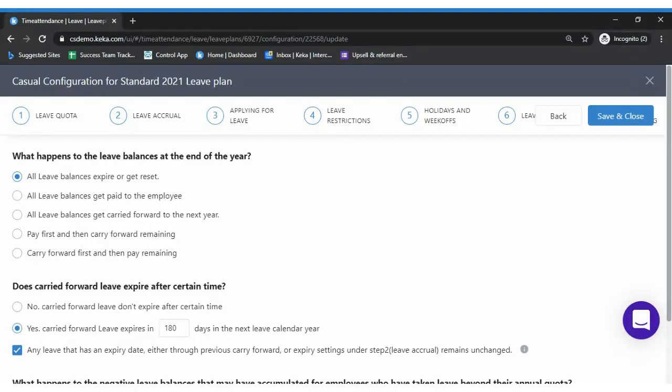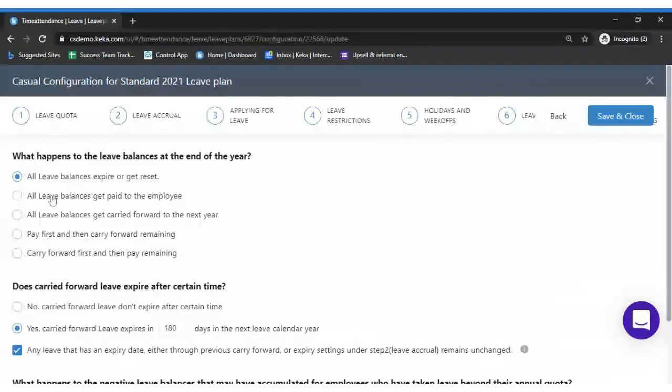In the first option, whether the employee balance is 5 or -2 or 0 or any number, irrespective of the balance present during the year end process, all of it will expire and get reset to 0 at the end of the year. None of the balance will get carried forward, whether it is a positive value, a zero or null value, or a negative value.